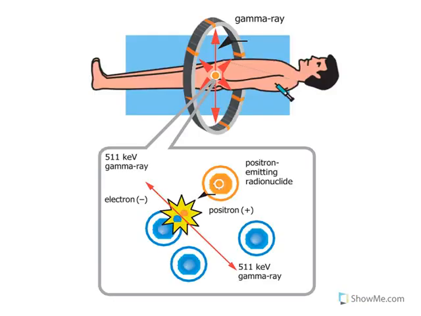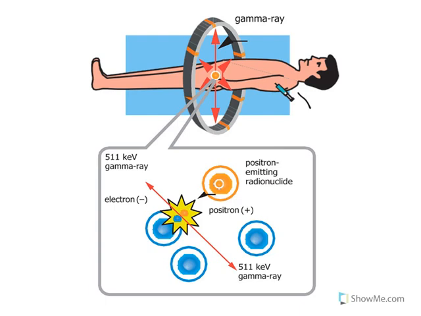So this diagram shows kind of the idea of what's going on in there. So we put the radioactive material into the bloodstream. It's down in this particular area. So there's the nuclide, that's the one that's in there. And it gives off a positron, joins with an electron from something around it, and then we've got 2 gamma rays, and because they're